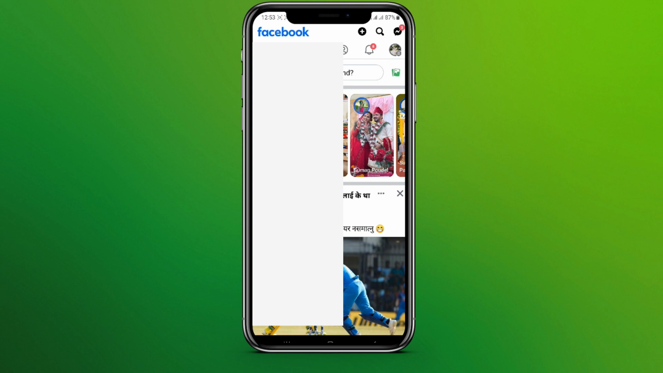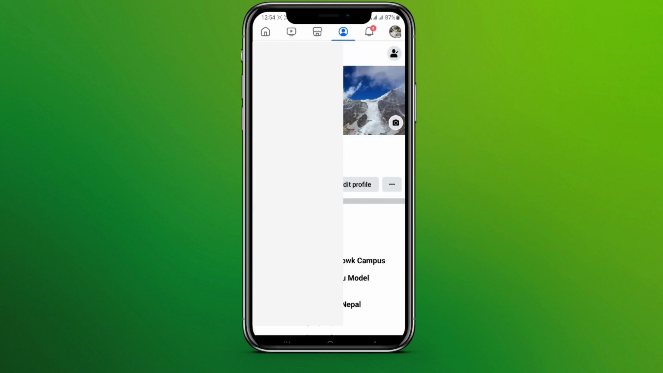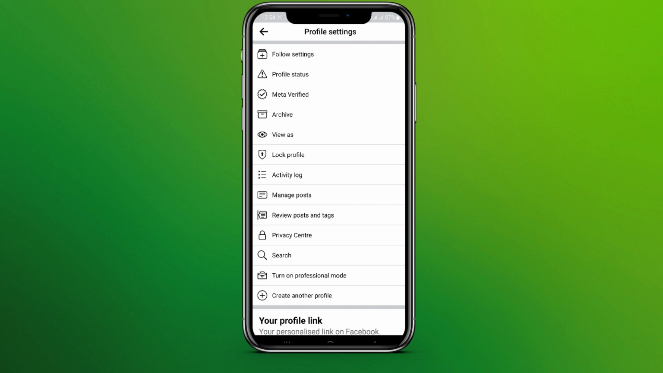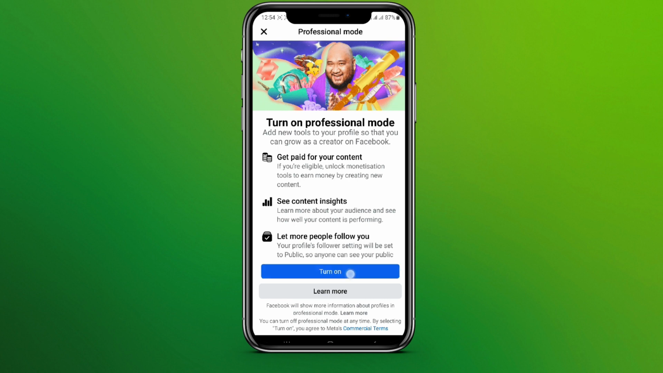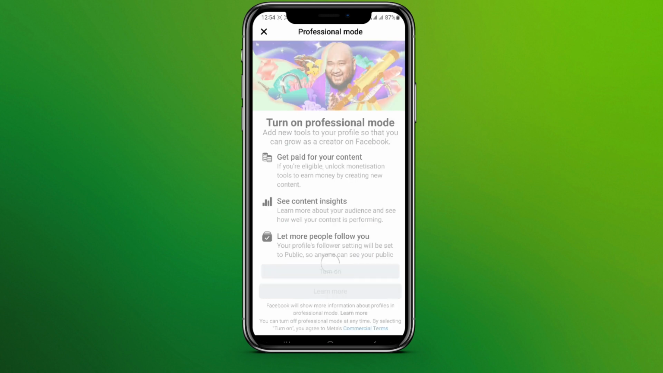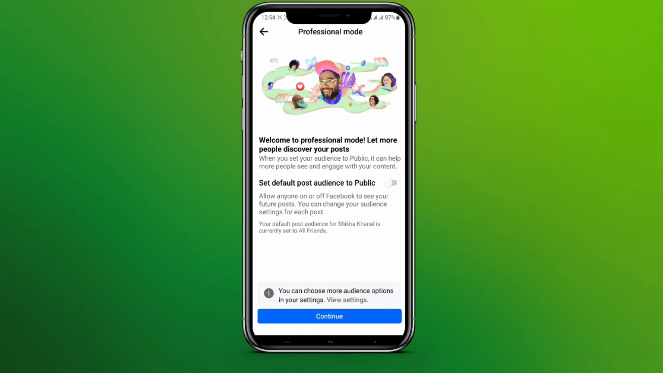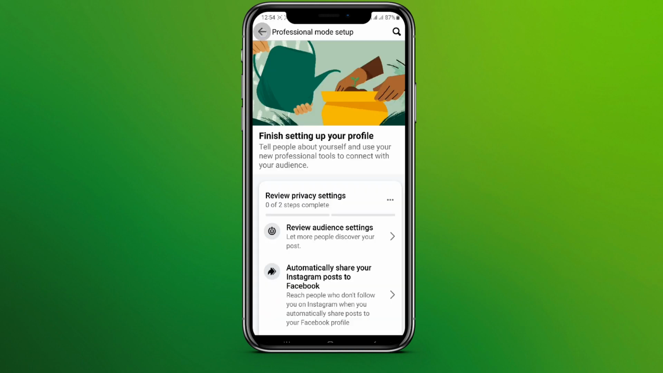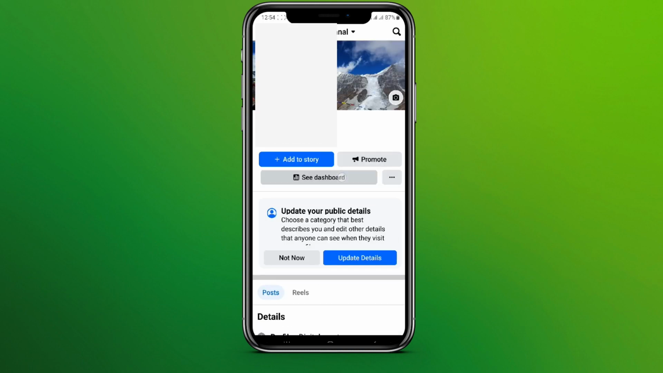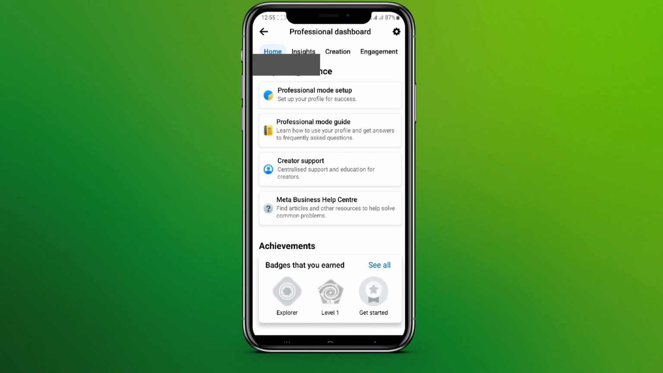Click on your profile icon over here and click on this three dots, and we can see this option called turn on professional mode. So let's tap on this and click on turn on. Now click on continue. Now we can simply get back. Now click on see dashboard. Now click on professional mode guide